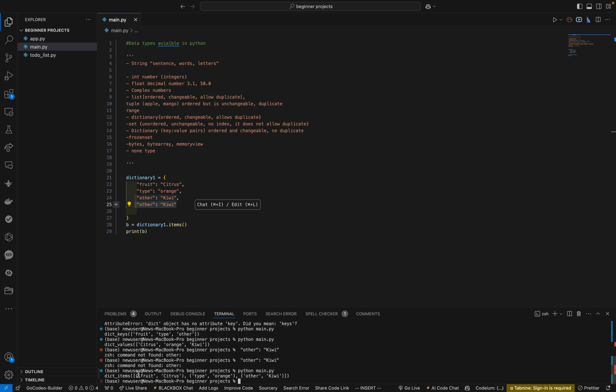You can see that it gives us the fruit, which is citrus, the type, which is orange, and the order, kiwi. All right, so it prints all of that for us. You can see it clearly. So if you use the items method, it's going to print the entire data in there for us. That is how we can access